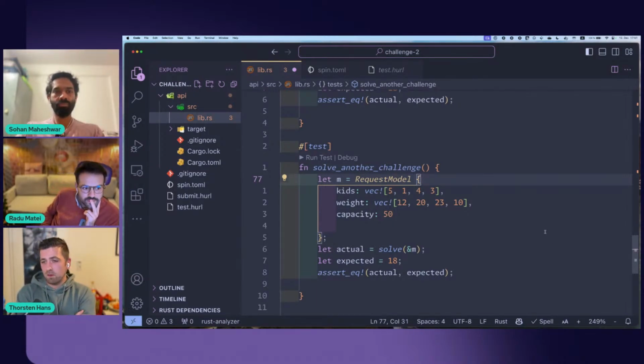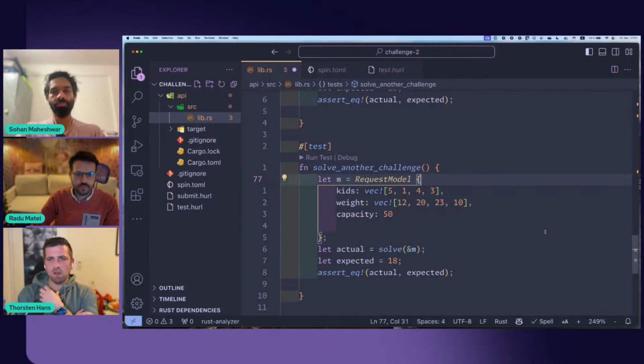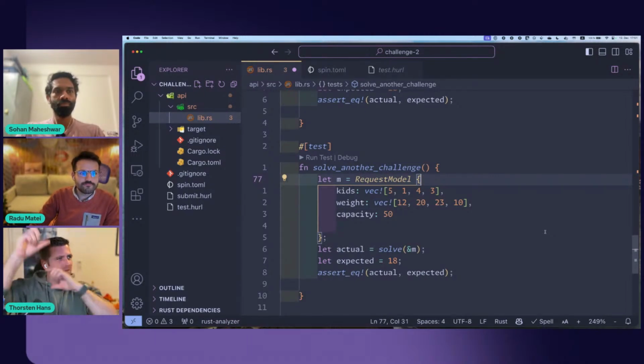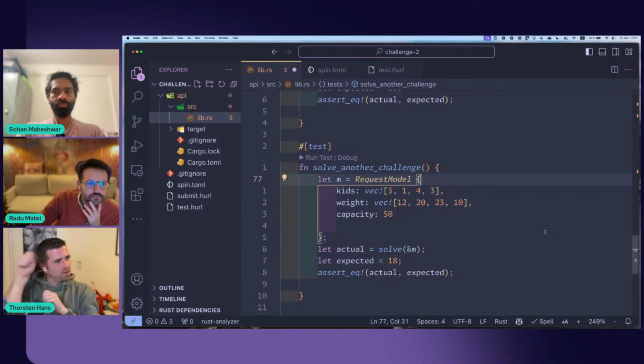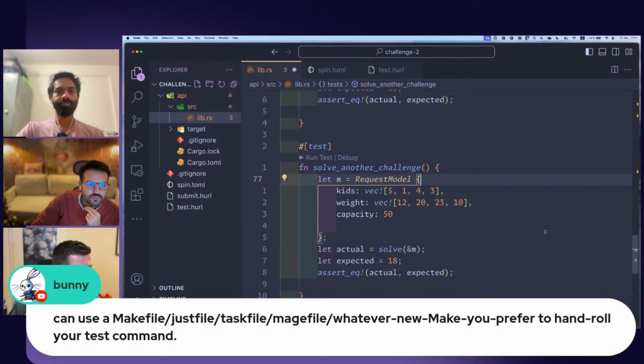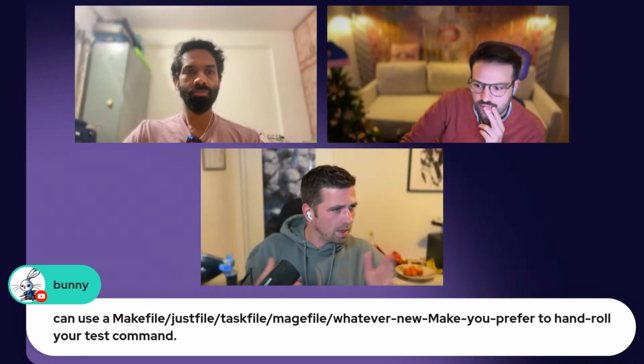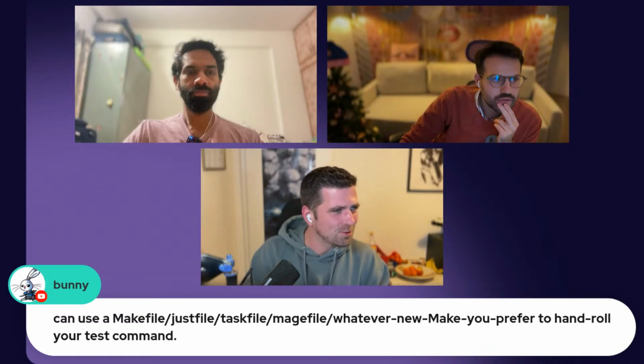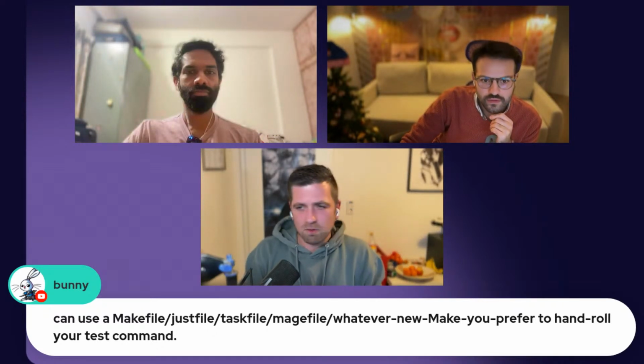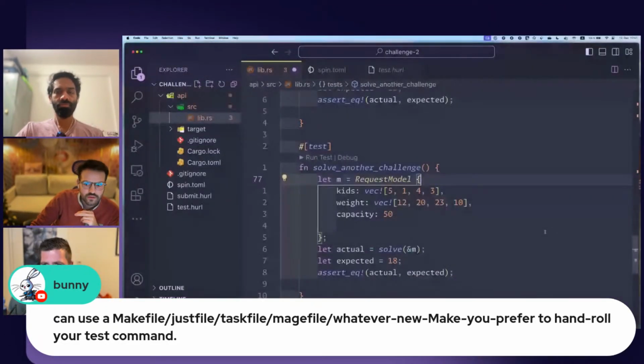Yeah, that's great feedback. How's it called? rstest? Yeah, that's the one that I think exists for almost every language with different names, right? That gives you the separation of test data and test execution, where you can iterate through all your test data and have the same test execute multiple times. That's great. Great tip by Bunny. We can use a makefile or whatever, Mage or whatever, right? To execute everything, to automate everything, right? That's right. That's great. Yeah, so definitely.